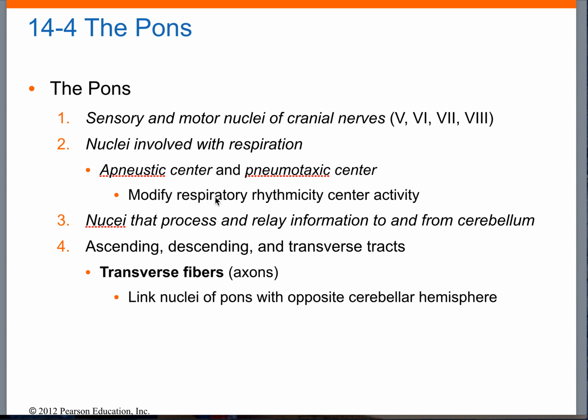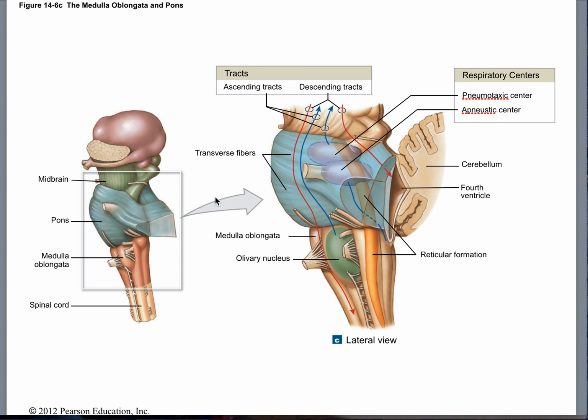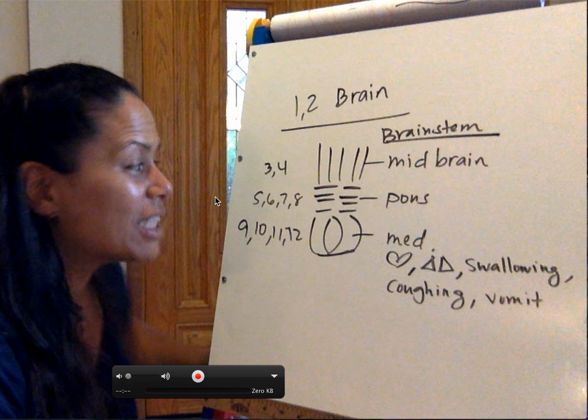So here we go. Get through the fun stuff. So pons, yay, pons. 5, 6, 7, 8. Who do we appreciate? Pons, yay, pons. Memorize that, know it. And then the reason why you have to know the numbers is because when I teach